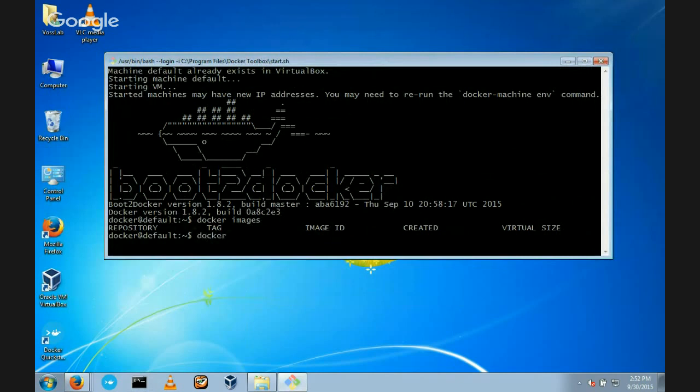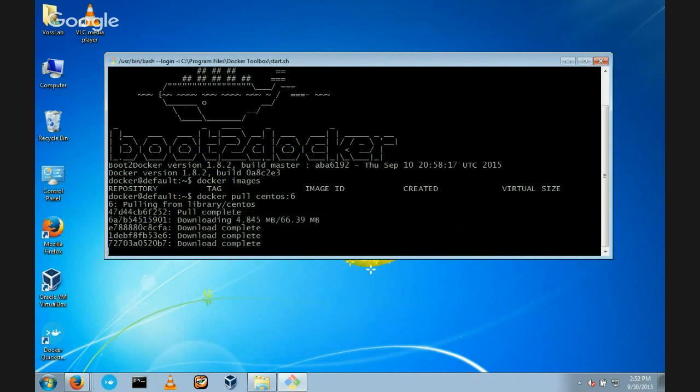So now we want to install an image. So docker pull centos:6. For those who don't know, CentOS is a standard Linux thing. So when I say docker pull centos:6, it's going to pull CentOS and it's going to collect version 6. This is a 190 meg download or so. So it's downloaded the first 66 meg. Now it's downloading the second 66 meg. That goes pretty fast. When I pull Appian in a minute, it's going to take a little bit longer. So when I do the pull command for Appian,